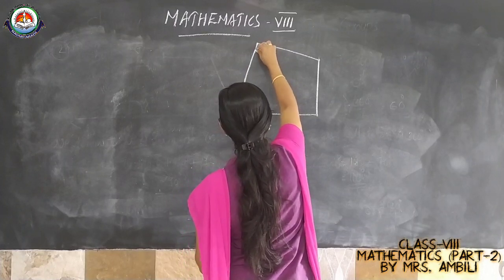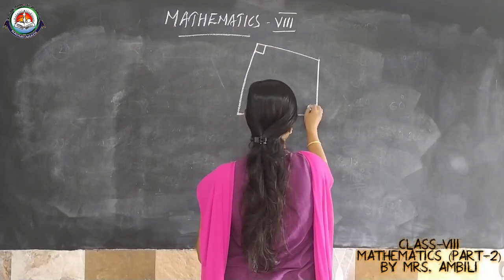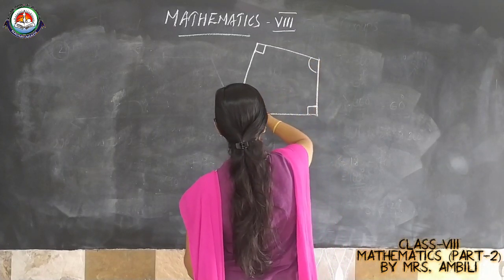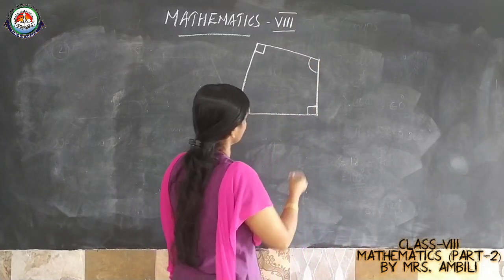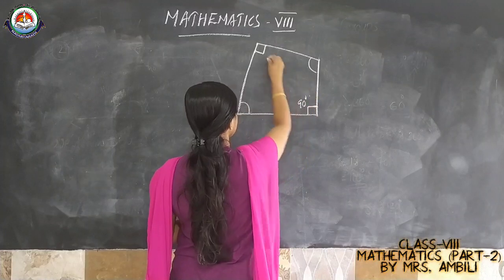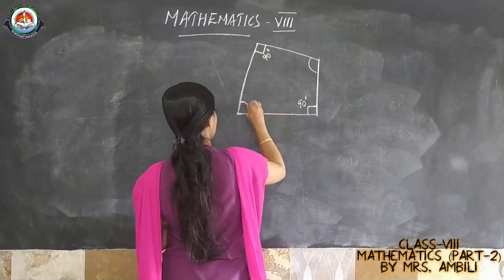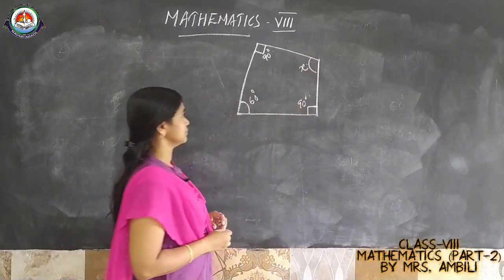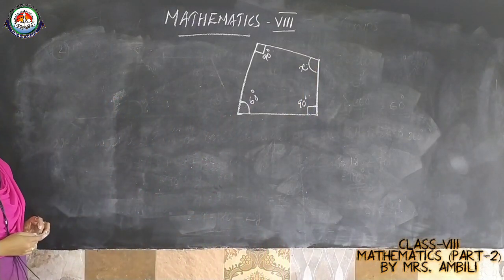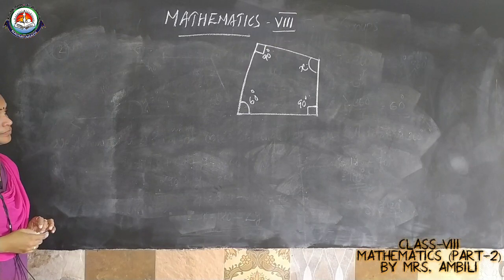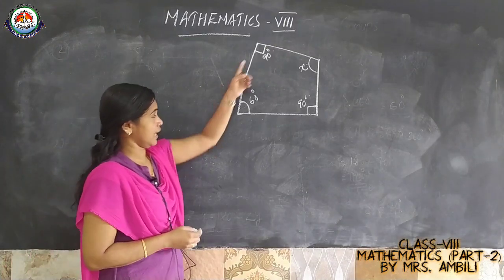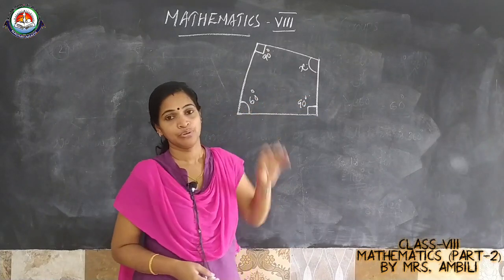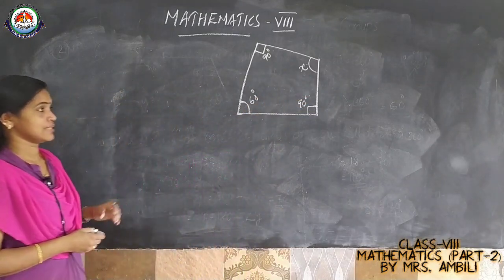Here it is 90 degree, here also 90 degree. Okay. This is 90 degree. Angle is given 60 degree. This is x. We need to find the value of x. It is easy. Triangle is given 90 degree, 60 degree. This angle we need to find out. So, last question we done.